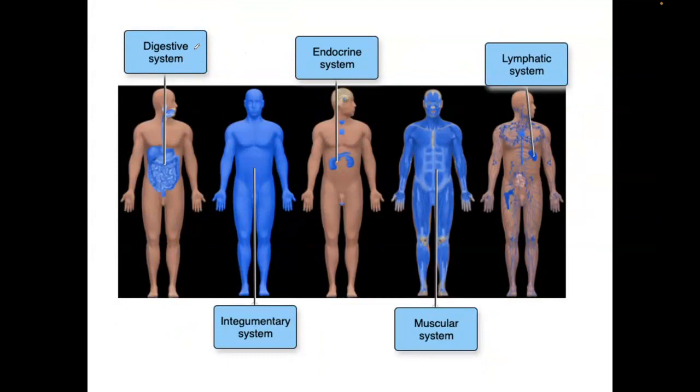The digestive system. The primary reason for digestion is to produce energy, ATP, and to build tissues and cells of the human body. So we're going to take in carbohydrates, proteins, and fats. The teeth are going to break those things down, and we're going to chew those things and send it down